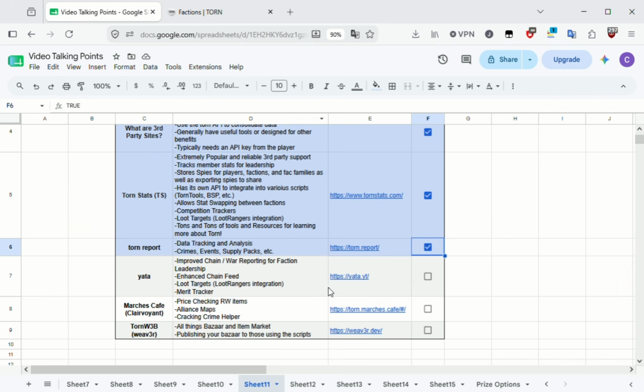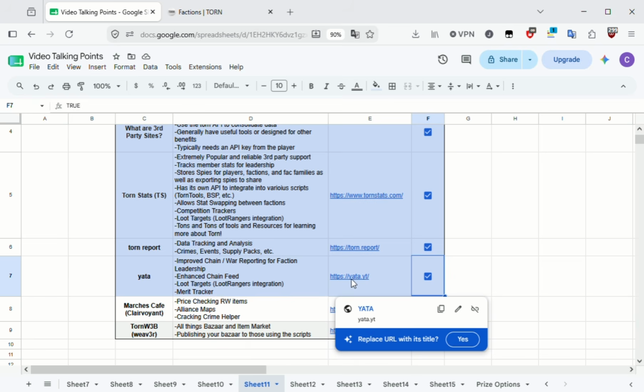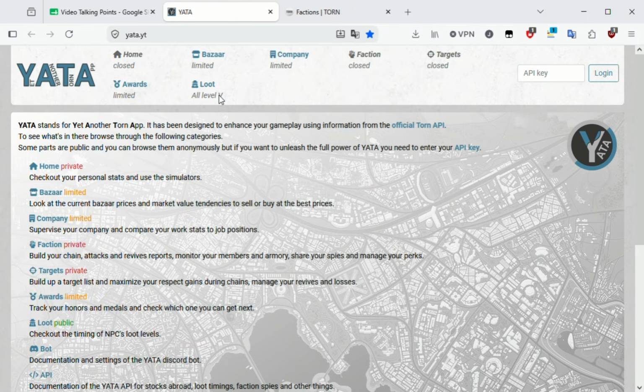Next is Yata. This one's going to be more for faction leadership and organization, but it does have some resources for faction players as well. It's very faction oriented though. So if we look at it, I don't have my API key at the moment. You can go to faction here once you enter your API key and log in, and I think it just needs a limited access key. Once you go into the faction, you can have